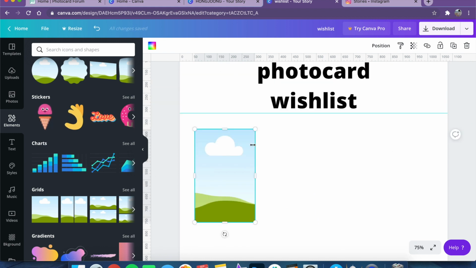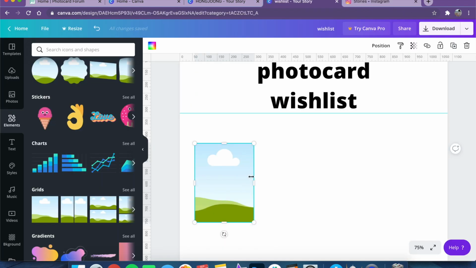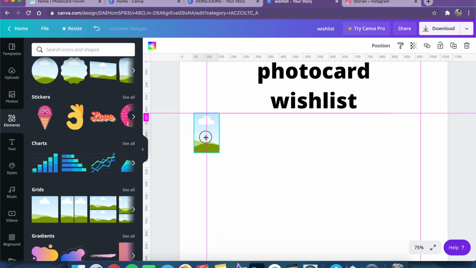And so the important thing here is that you can actually see your width and your height here. In order to make it look like a photo card, you want to have your width at 103, so we're just going to drag it all the way down to 103. And your height at 160. There's 160. So this is actually the dimensions of a photo card, and it's kind of tiny, as you can